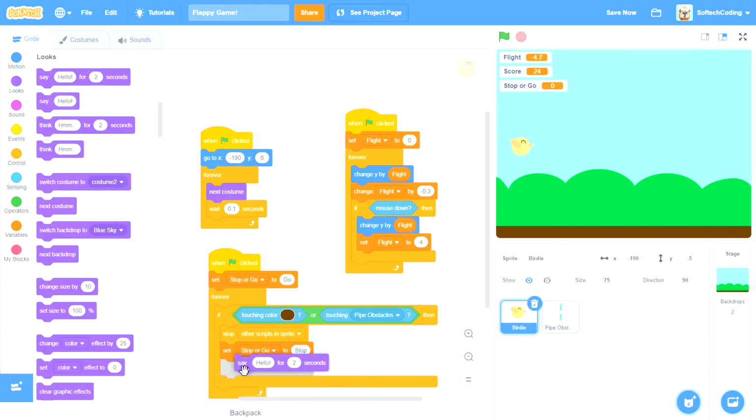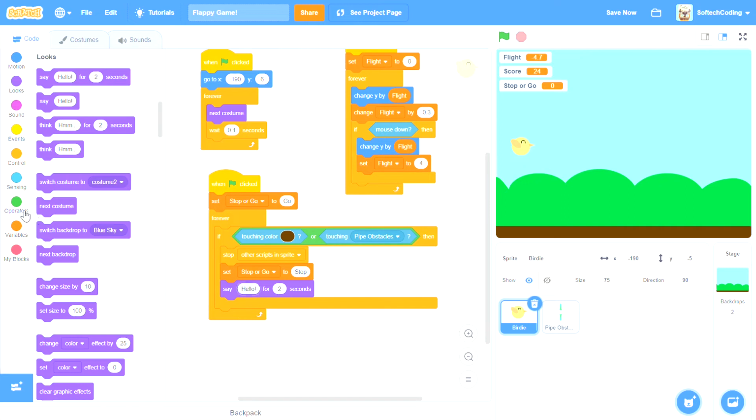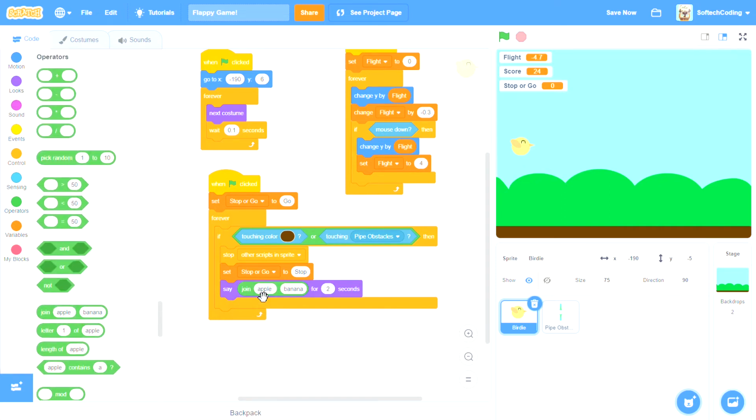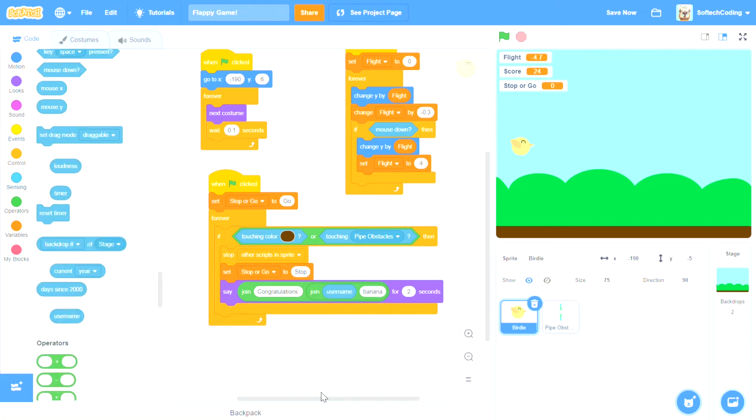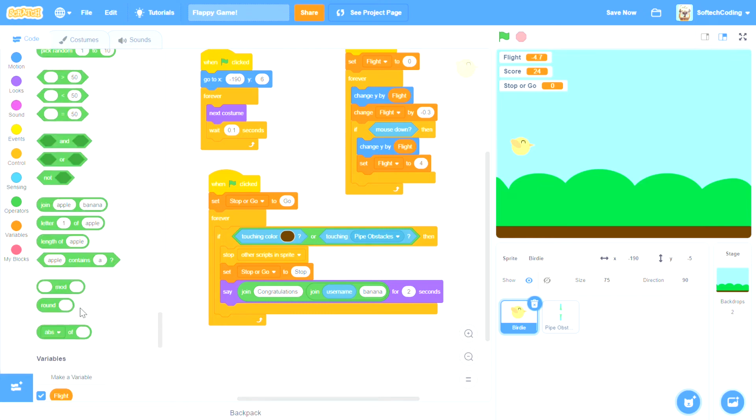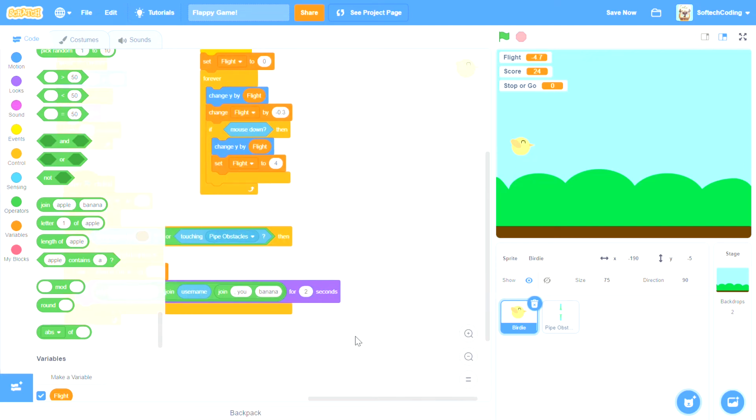So our bird's going to say, we're going to go to join. Congratulations, space, remember to put the space. I'm just going to put another join here because I know we're going to add more. We're going to go to sensing here, and down here you're going to see a username. Congratulations username, and we can add another join because I know that there's going to be more. Congratulations username, comma, space, you finished